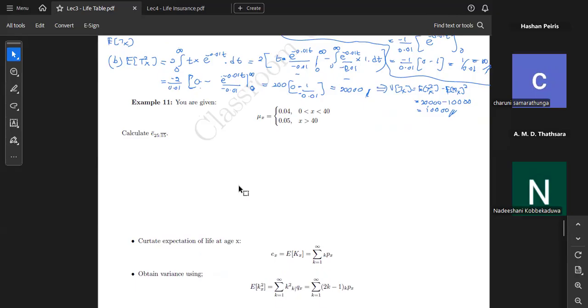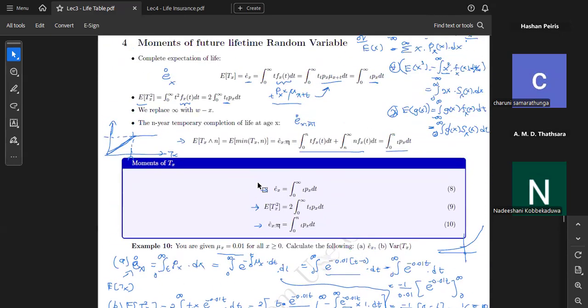Okay, perfect. So today we have to continue the moments of the future random lifetime random variable topic, and then we can move on to the life insurance topic thereafter. Yeah, I'll distribute the life insurance material after the completion of this topic. So last week we discussed the moments of the future random lifetime variable using